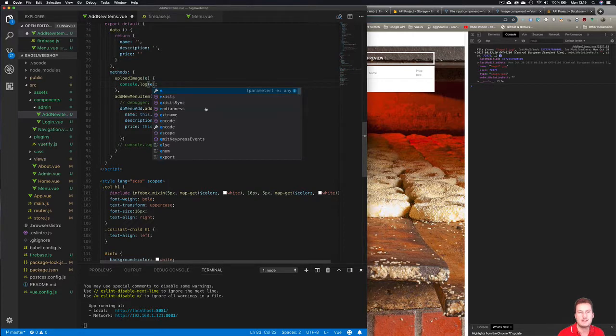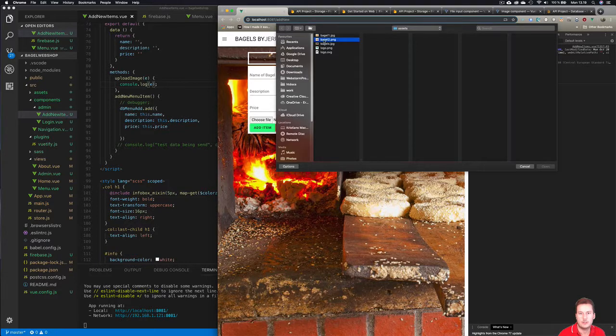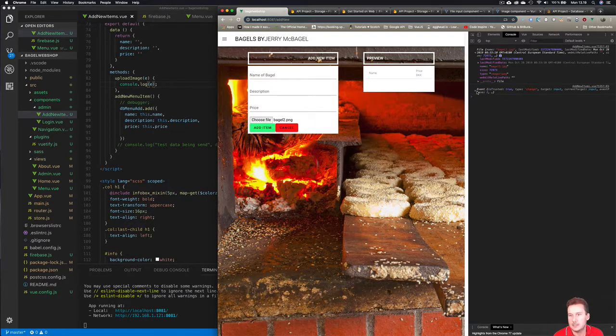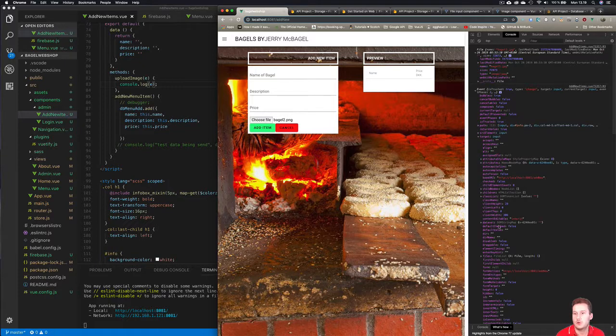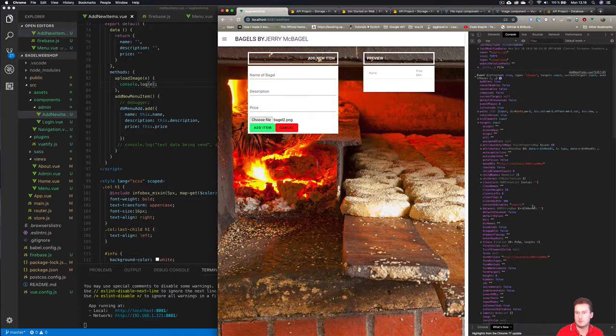So I'm just going to pass in the event here, and I'm going to do this again. So I'm going to upload bagel1. And now you can see I get the event, and I have different data here. But where I went before was the event.target. So if I expand this, and the last one I did was, I can't even remember, was